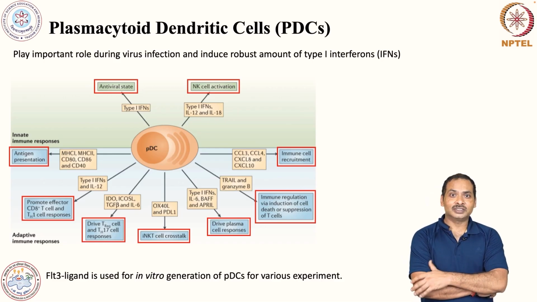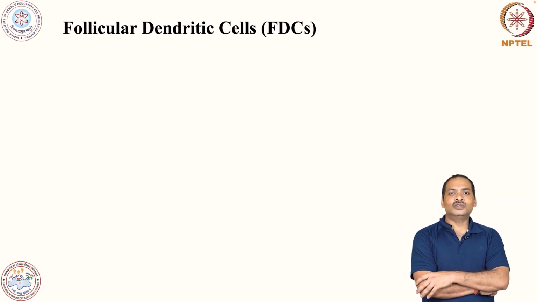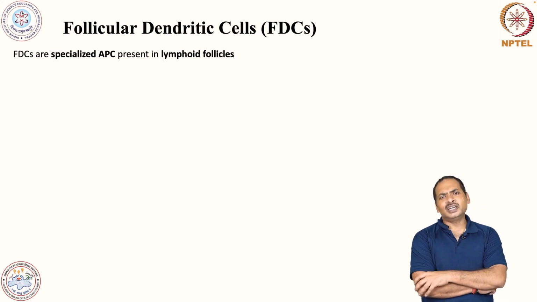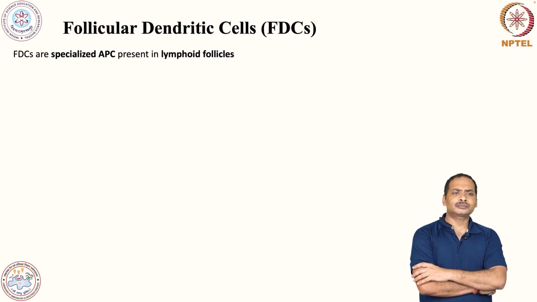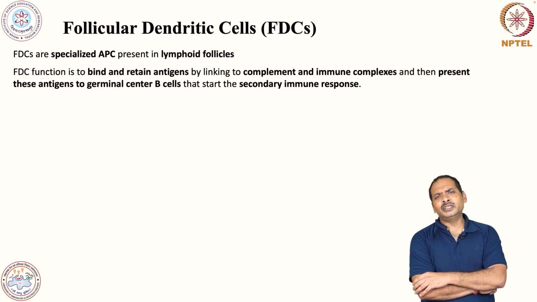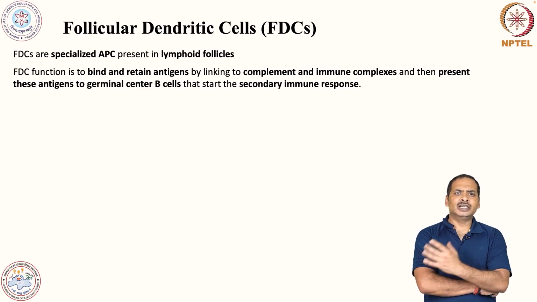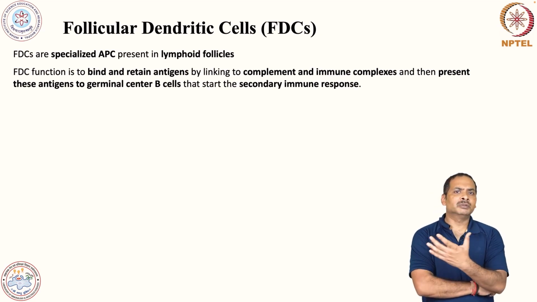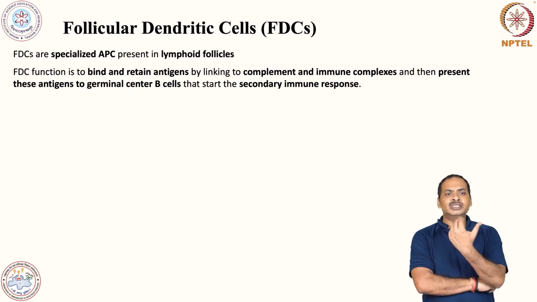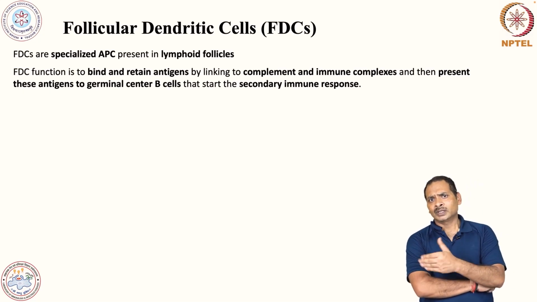There is one more dendritic cell which is quite different, which we call follicular dendritic cells, FDC. And what are these FDCs? Basically, they are specialized antigen presenting cells, localized in lymphoid follicles, and they play a very important role in B cell biology. They bind and retain the antigen, which is linked with immune complex, and present this antigen to the germinal center. You remember the germinal center, primary follicles, secondary follicles. So, secondary follicles are the germinal center, and they enhance the division of B cells,